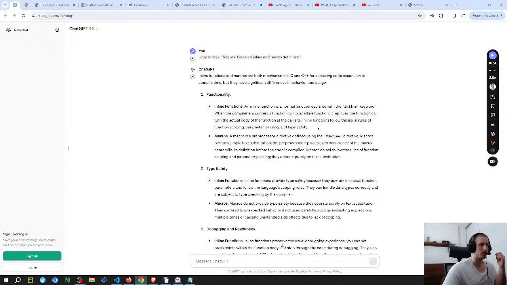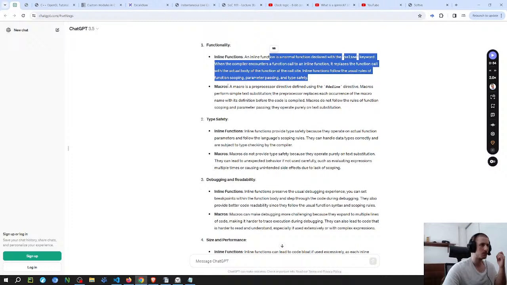So basically, when you call the function, it just replaces the code that was inside of the function in the place you call the function. And macros are for text substitution. It's kind of similar, but not the same. I already looked into all of this, the Godot documentation, everything.